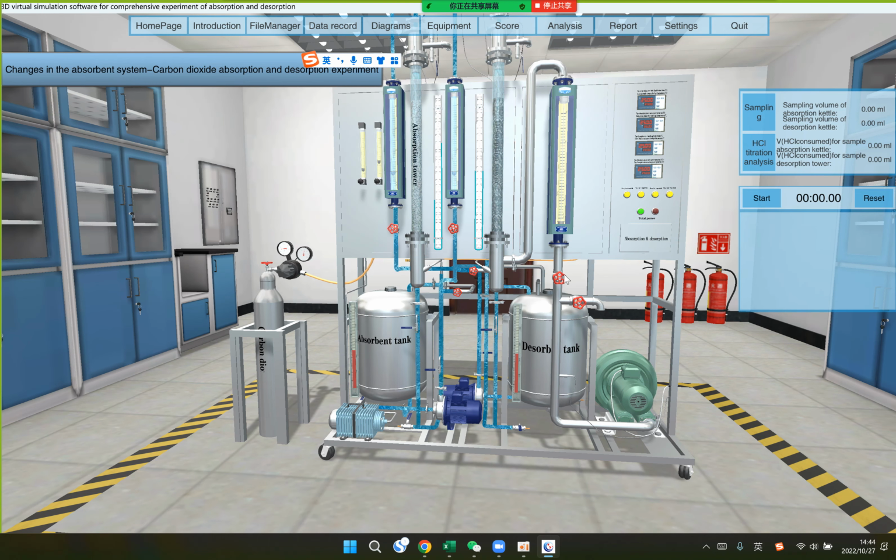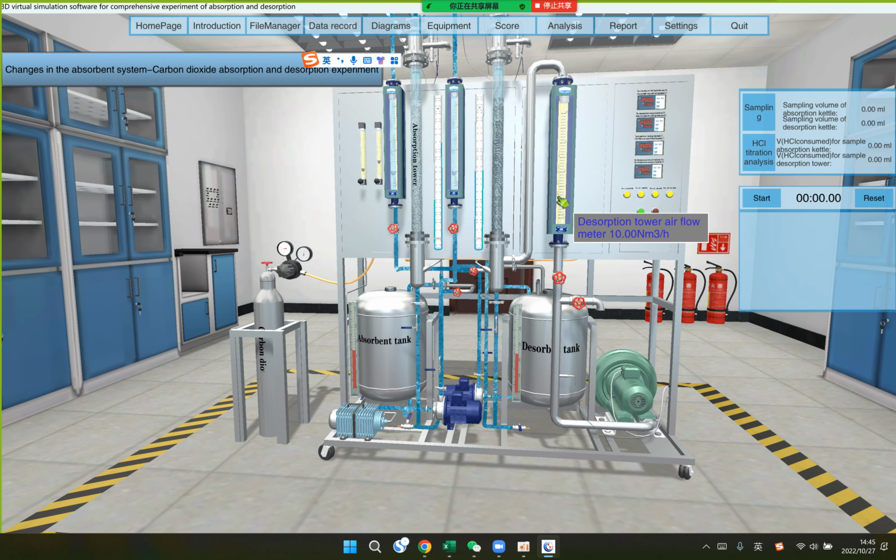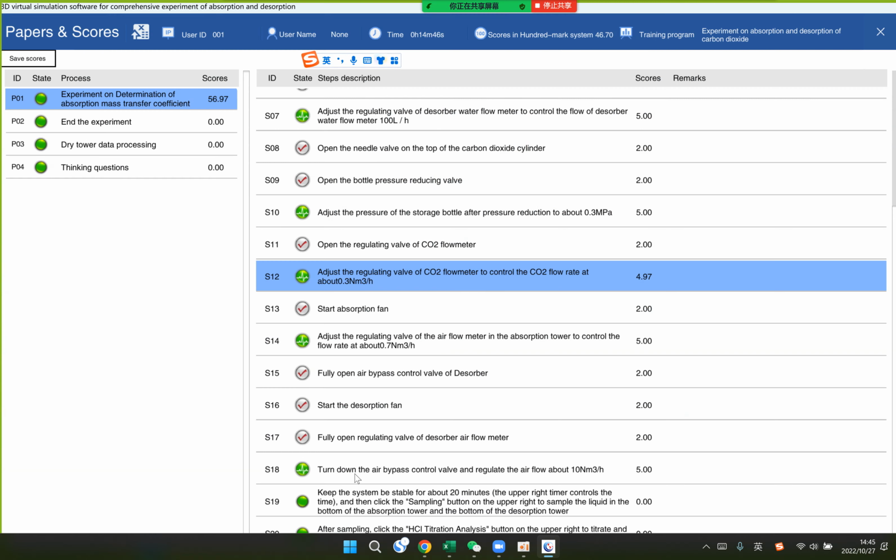So this cannot be controlled. Okay, it's about 10 kilometer per hour, and then we will keep the system stable for about